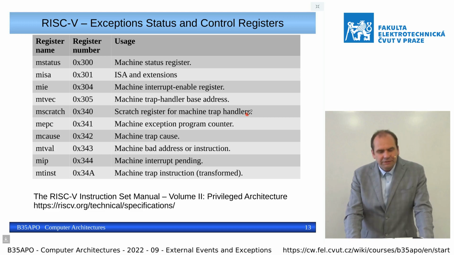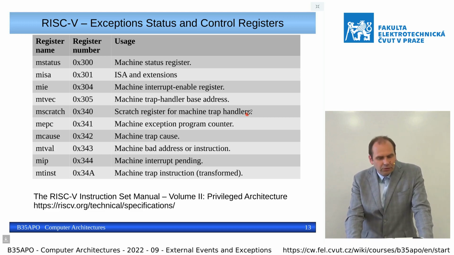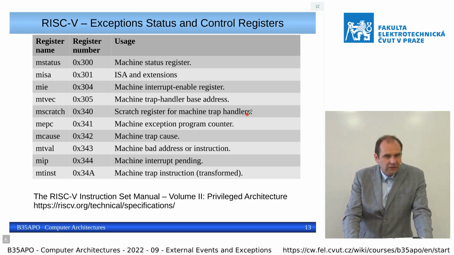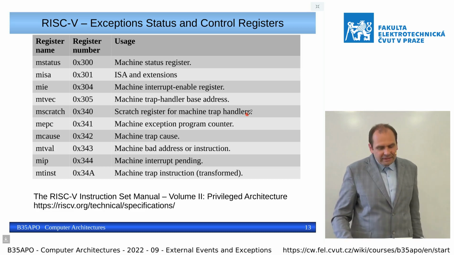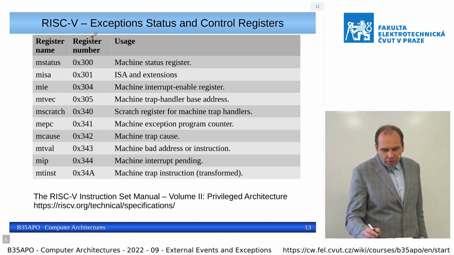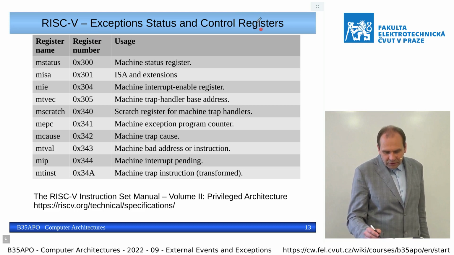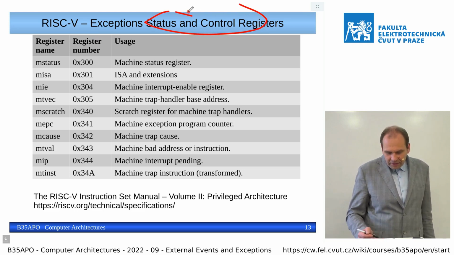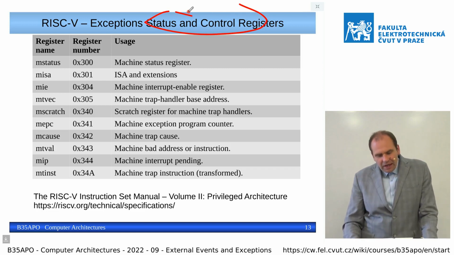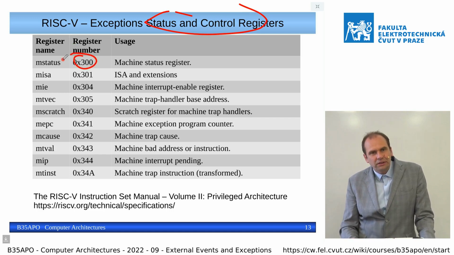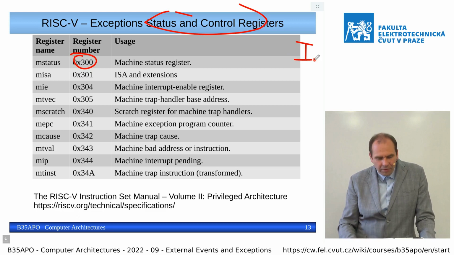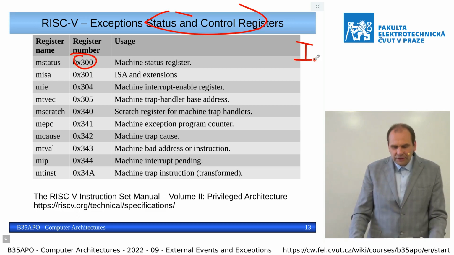So, on the RISC-V, we have those 32, or in fact 31 plus a fixed 0, general purpose registers. Then we can have optional floating point registers, again up to 32. And then we have some control status registers. Those control status registers are accessed as numbered registers. The I format is used to access those registers, where